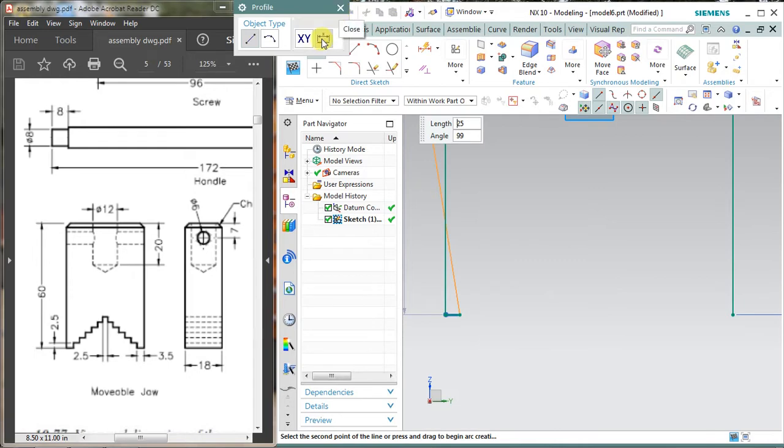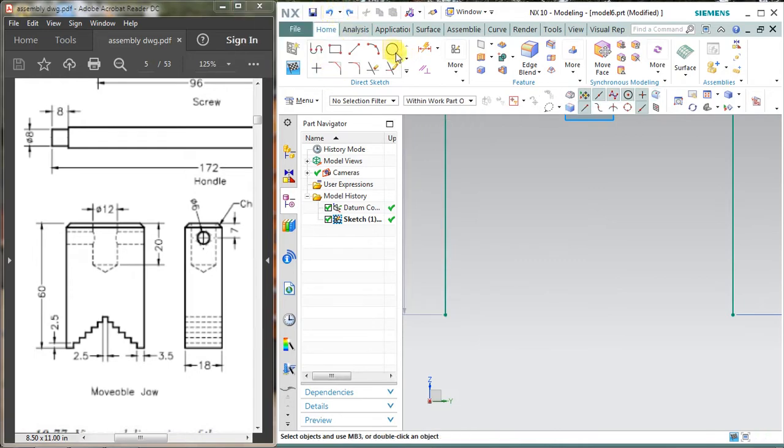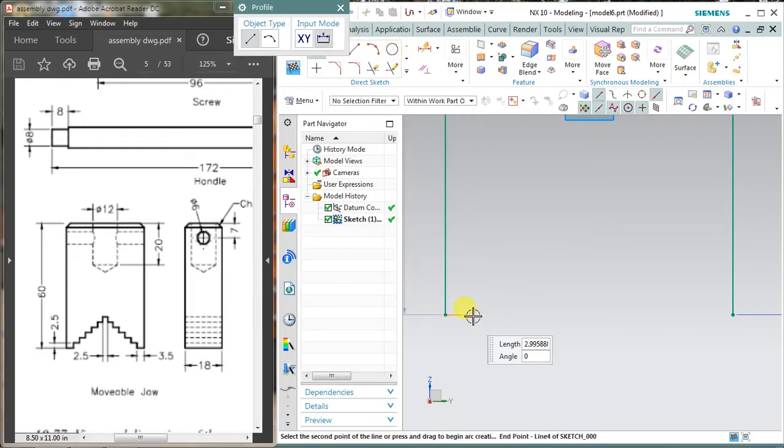Let's undo it. Select line. Length is 2.5, so feed 2.5, angle 0, enter. Upward direction 2.5, enter. Angle is 90, and the horizontal is again 2.5, enter. Angle is 0, enter. Height is again 2.5, enter, and 90 degrees, enter.